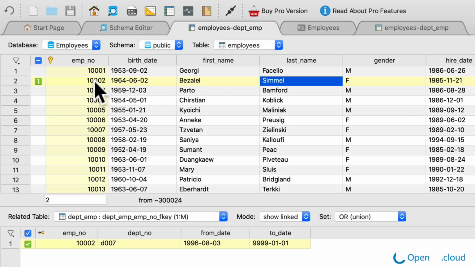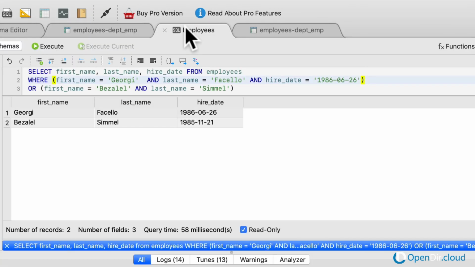But what if we didn't know that information? What if we only knew their first and last name and when they were hired? Well, that's when this comes into play because as you could see, we had multiple Georgies and we had multiple Bezalels. And we even had two Georgies with the same last name. So we had to add in the hire date to very specifically target them. I hope that this is not overwhelming you just yet because we're just getting started with filtering. And it's going to become so amazing, all the things you're going to be able to do once you master